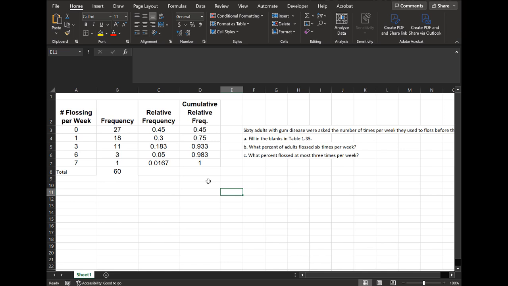From here, now I've filled in the table, and I can really easily answer the question, what percent of adults flossed 6 times per week? I can see here 6, and that's 5%. So that's going to be 5% of adults. And what percent flossed at most 3 times per week? That's 3 times or fewer, right? I can either do that by cumulative frequency, which is 0.933, or I could just add these 3 entries, which is also 0.933. So I could call that 93.3% or 0.933, however you're answering that question. And so that's how you